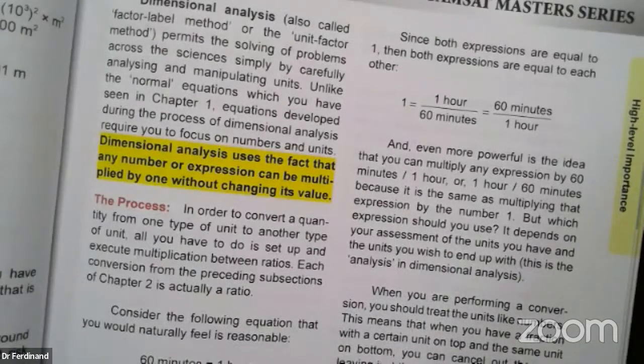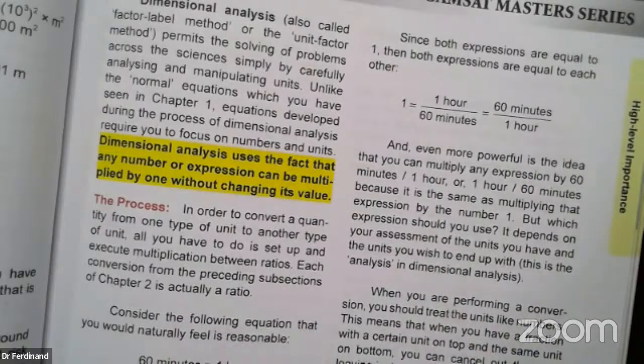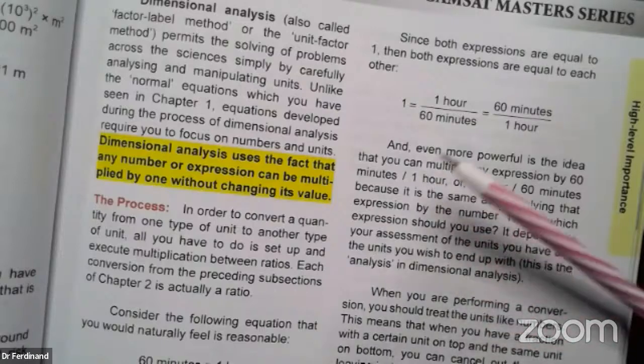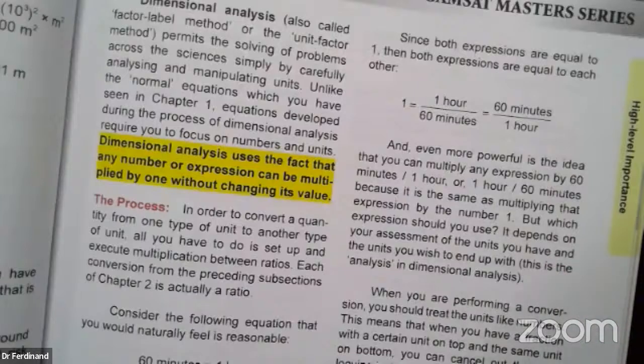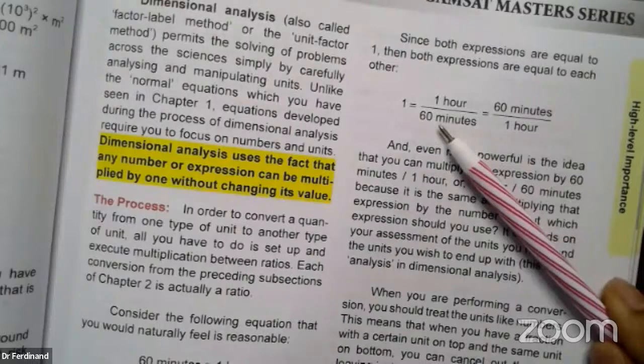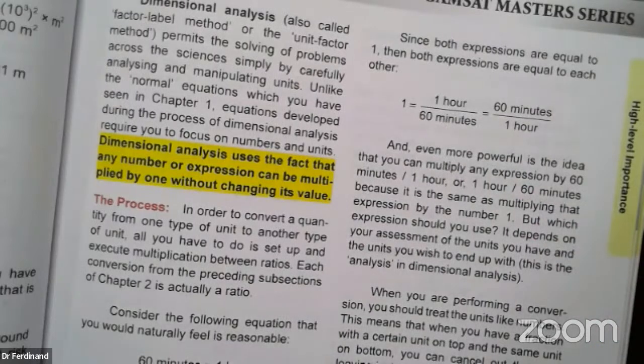So, for example, we all know that in 1 hour, there are 60 minutes. So this can be written in 2 different ways as a fraction, either 1 hour over 60 minutes or 60 minutes over 1 hour. Now, in a given problem, you might use this or this. It depends on what you start with and what you want to end with. And so it's still going to be a simple multiplication of a fraction multiplied by some number. And then you will be able to cancel units.